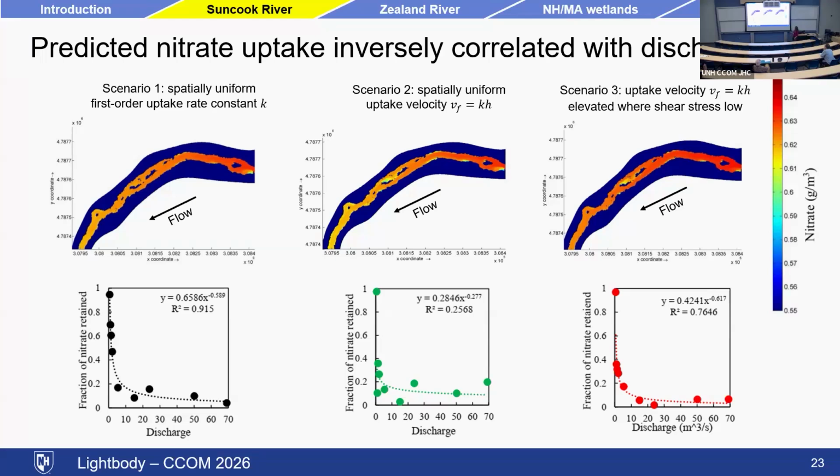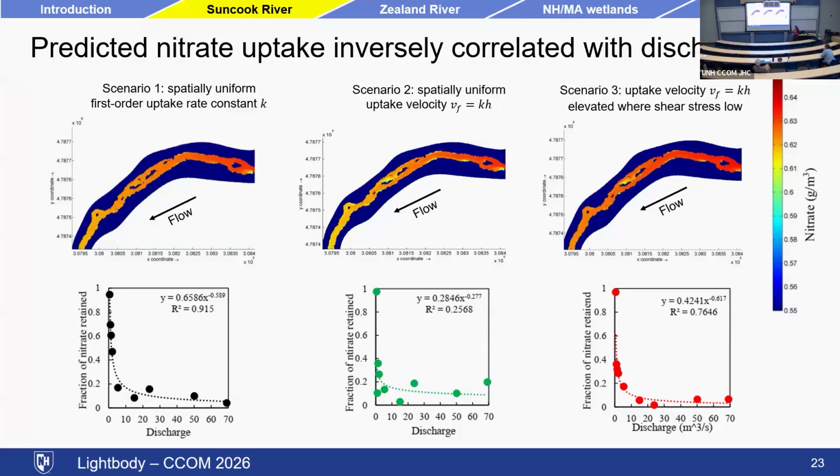And then our third scenario was an uptake velocity that was chosen. We had 2 different uptake velocities that were possible. One that we applied where the shear stress was high, and then a higher one, a boost in uptake that we applied when the shear stress was low. And that gives us this simulation over here, which has a slightly different spatial distribution of where the uptake is